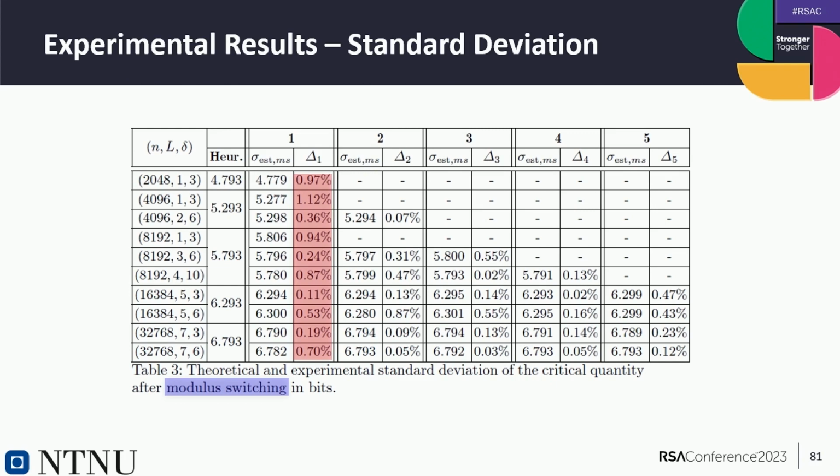And then 1 to 5 is the number of multiplications that have been performed. And then we see in the column that is marked in red, this is the deviation that we observed between the experiments and the theory. And so here already we can see that mostly this deviation is below 1%, but in one single case it is 1.12%. And this is good news insofar, as I said, we ran it over 10,000 trials. So the expected standard error that we should be getting between experiments and the true value would be 1 over the square root of n, which in our case would be exactly 1%. So we can more or less declare our theoretical results experimentally confirmed.